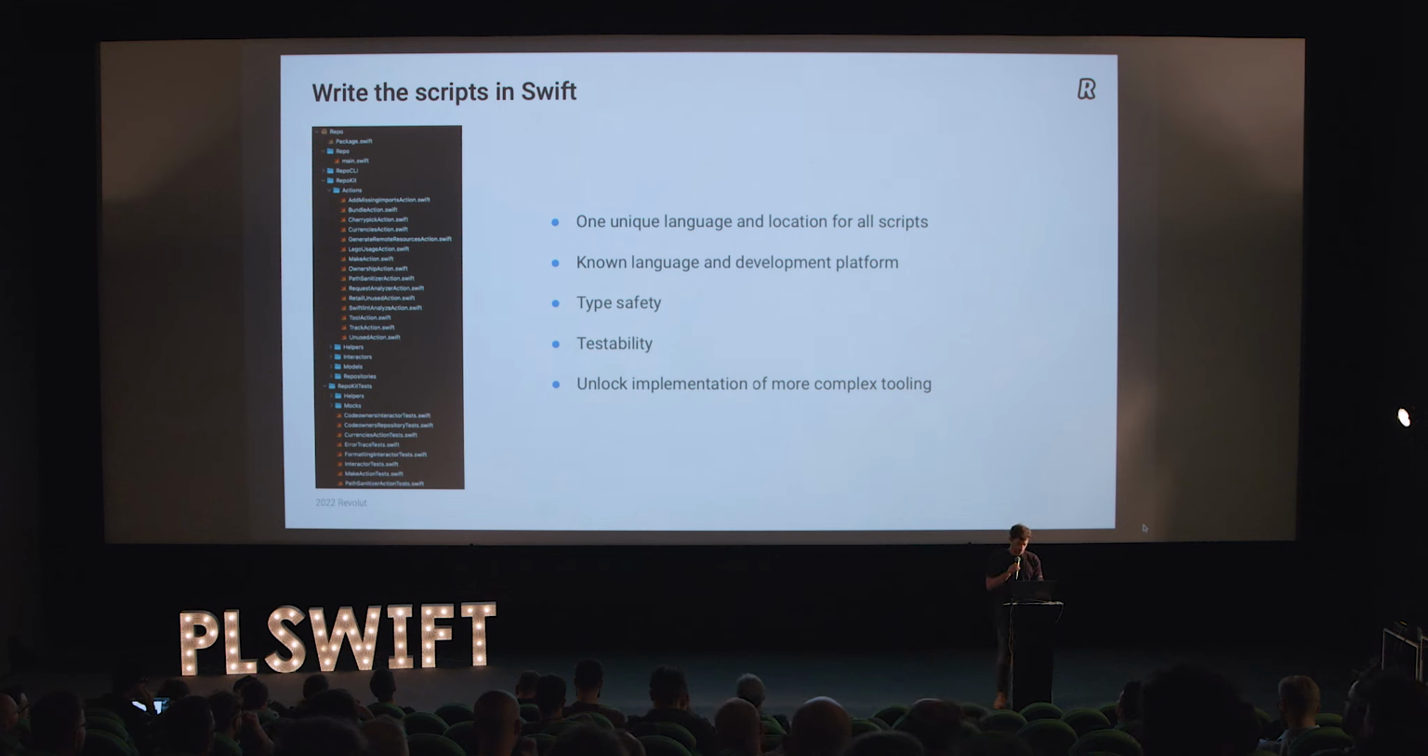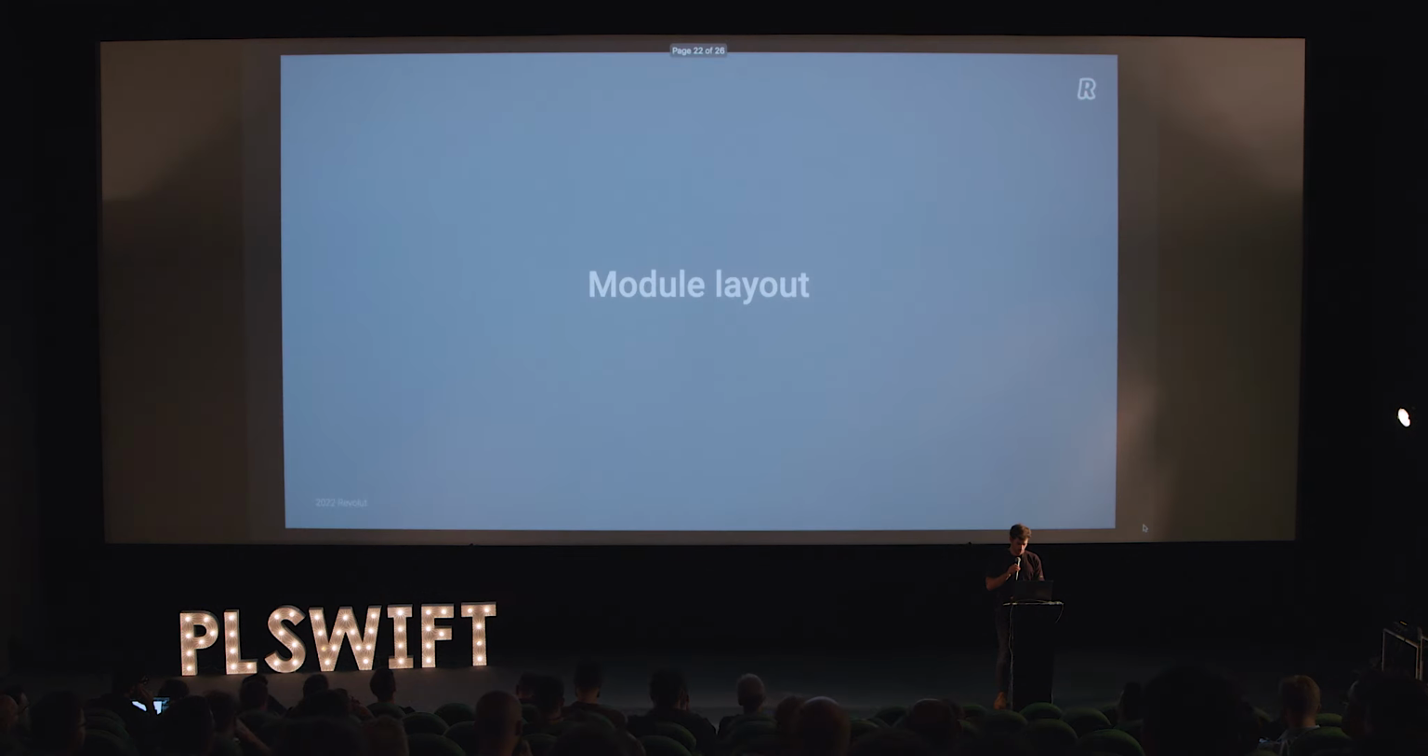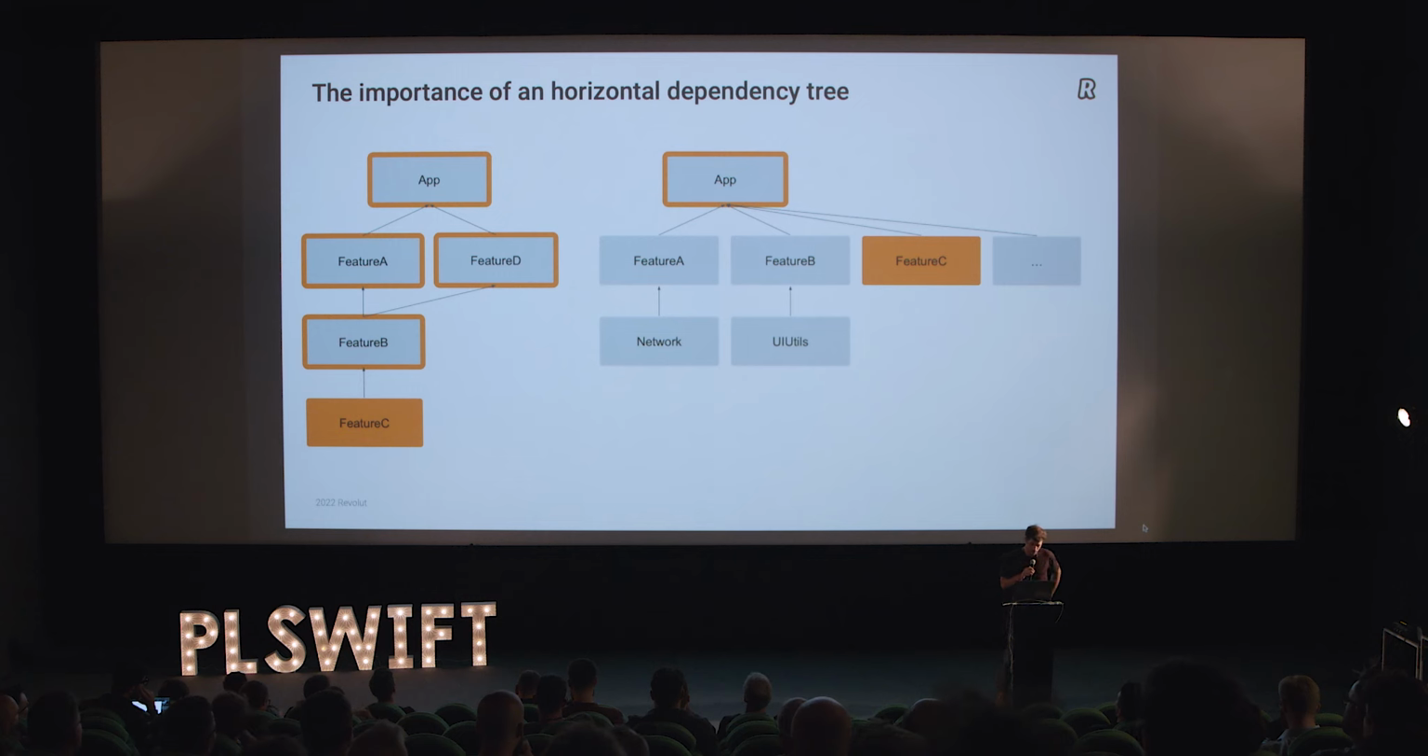So yeah, that's basically how you get your tooling under control. Quick mention about module layout. It's important to keep a horizontal dependency tree. So what you see on the screen on the left is a vertical dependency tree, on the right a horizontal dependency tree. What I'm talking about is that you have to go for the right, because on the left what